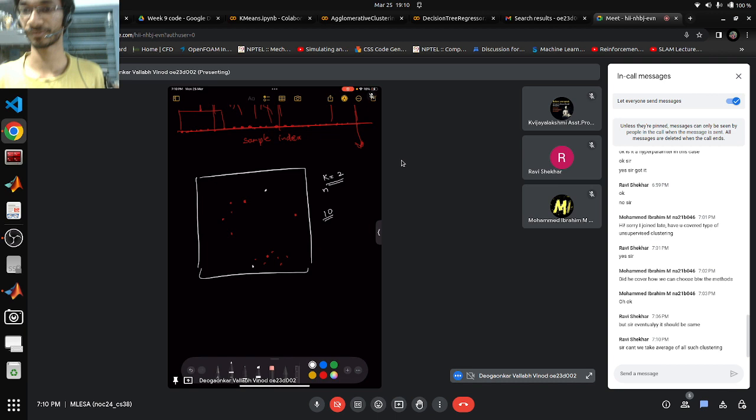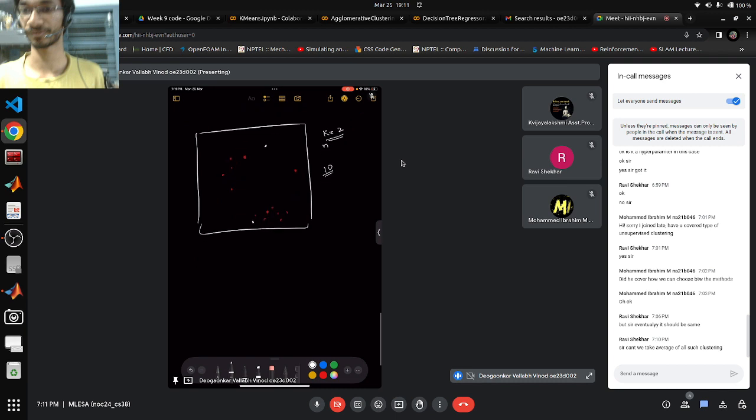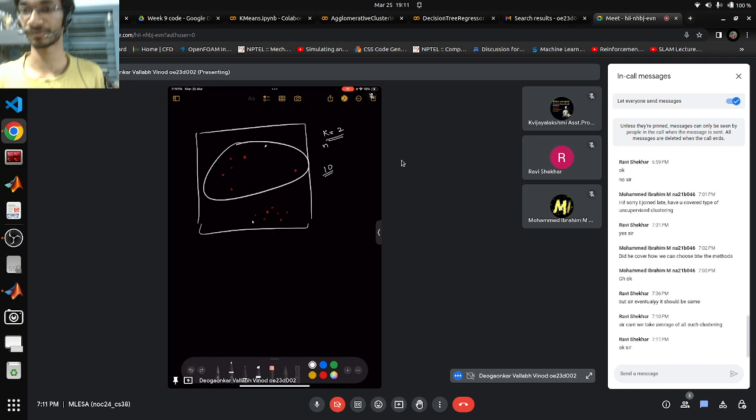So we can't take the average of the sets. In one case the set was this thing and this thing, and in the other case the set was this thing and this thing. So there needs to be a way for us to decide which clustering is better than the other type. Okay,